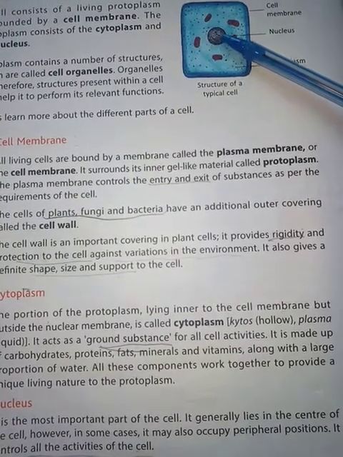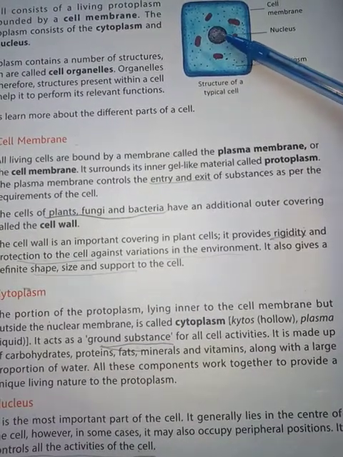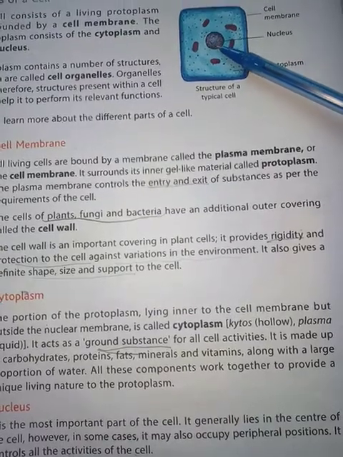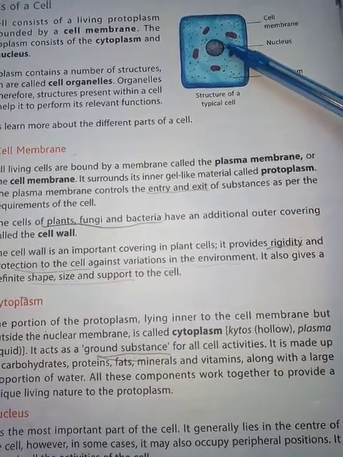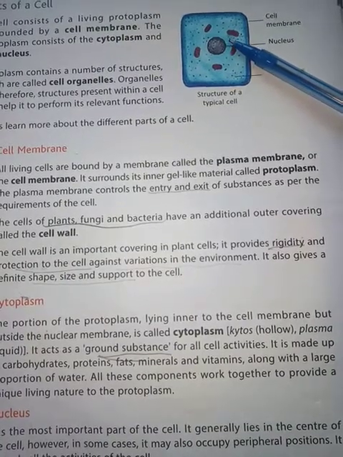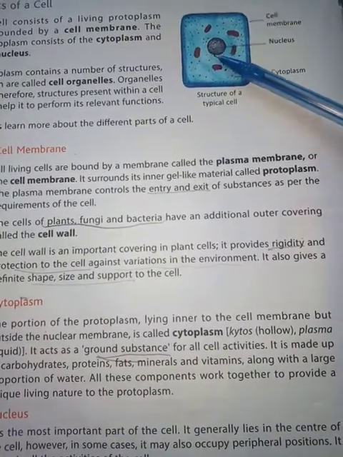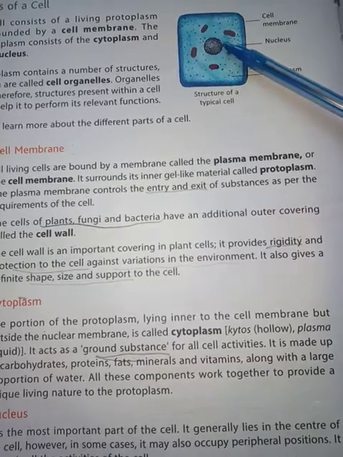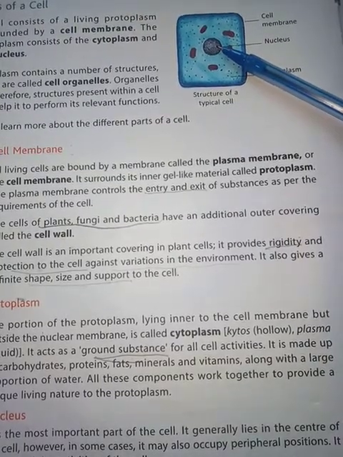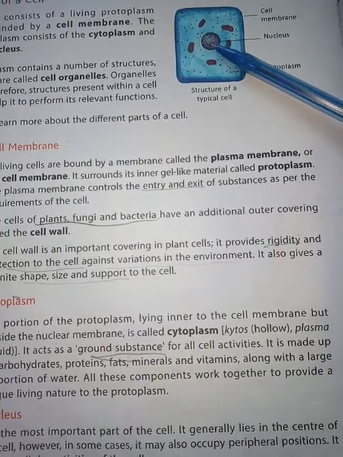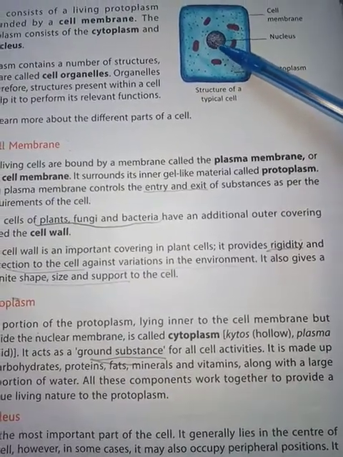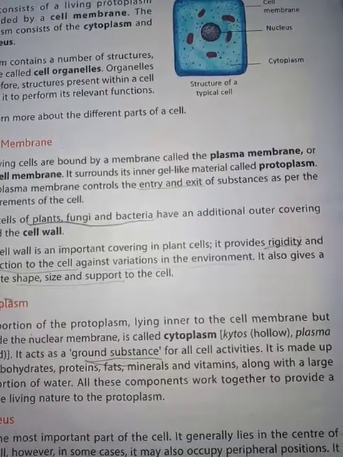Nucleoplasm has thin thread-like structures known as chromatin, and when the cell is ready to divide, these chromatins condense and form thread-like structures known as chromosomes. Chromosomes are the structures responsible for the inheritance of characters by one generation from the earlier generations. So they contain genes.